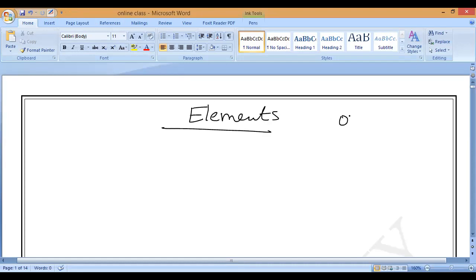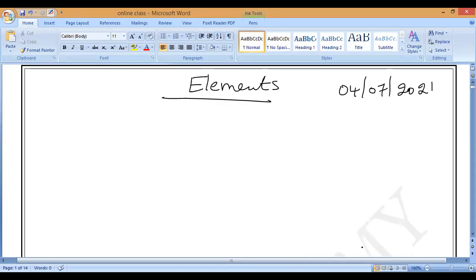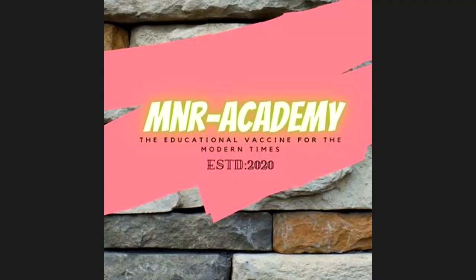Elements. Now before going to this, we must know the meaning of a few words which we have already studied in class 8 and even class 7. How many of you know the meaning of malleability, ductility and brittleness? Can anybody say what that is? Sir, which are beaten into thin sheets.